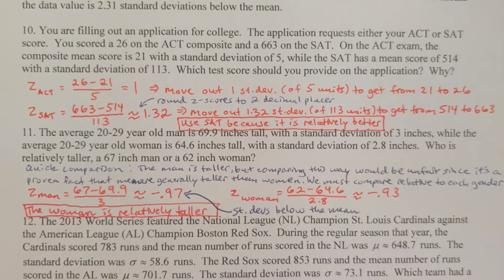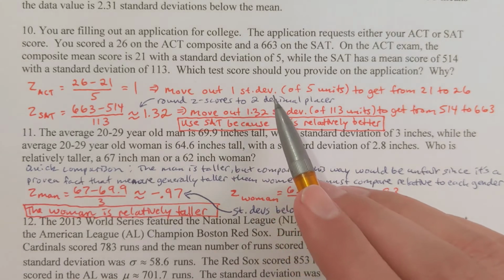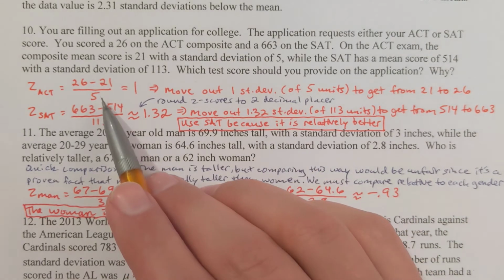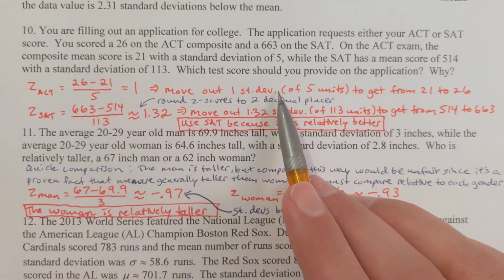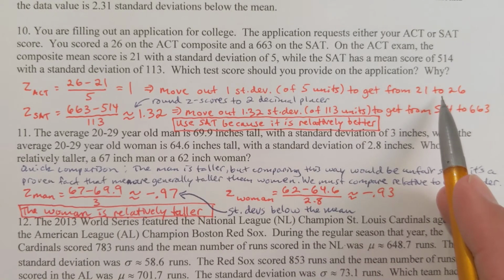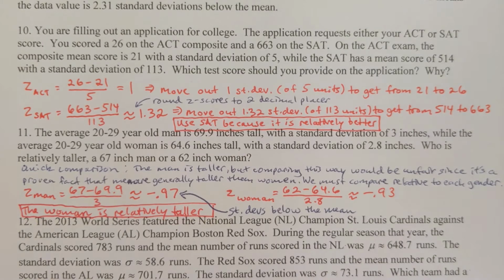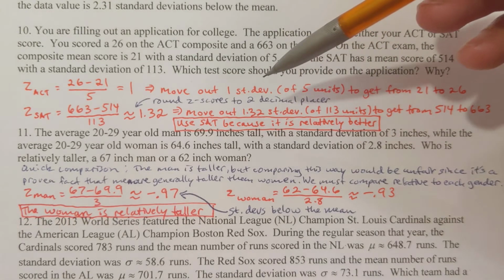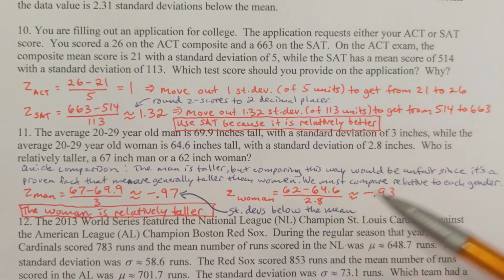Now what that means is that we're going to have to move out one standard deviation. The standard deviation is 5, so one increment of 5 units to get from 21 to 26. I think that should make total sense to us. If I'm sitting at the mean, 21, and I need to know how to go to 26, I have to go 5 units to the right to make that happen, or one standard deviation. To